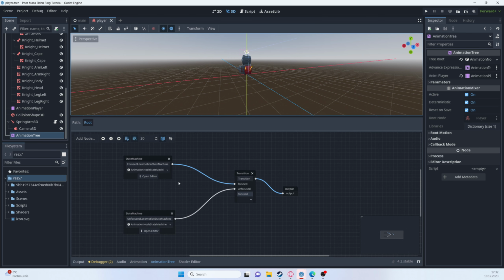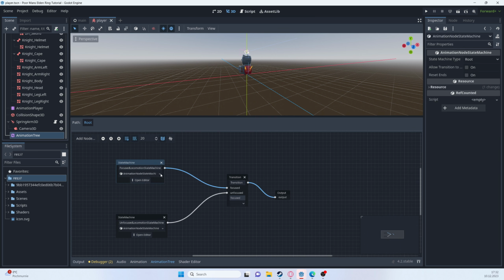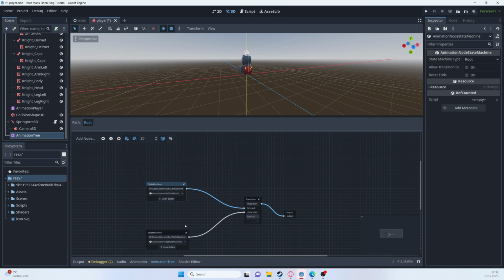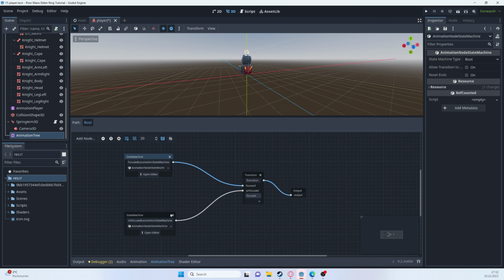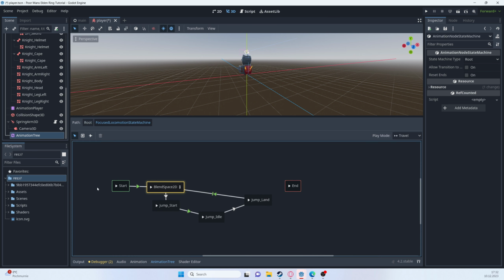Not really, but there is one thing that we might need to discuss, and this is the fact that it's really hard to figure out how to set up all of your animations because you can do it in many ways, right? So just go with the setup when it comes to your animation tree that is just best and most readable for you. And what I would like to change right now is I know that in both of my